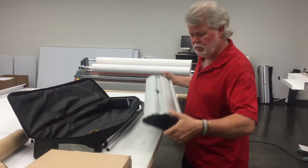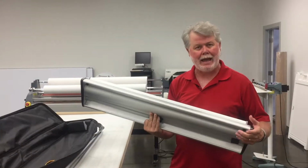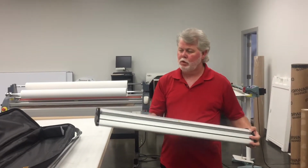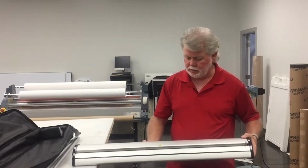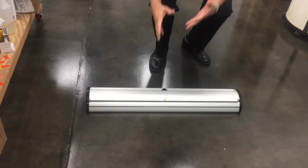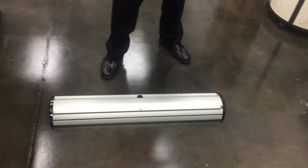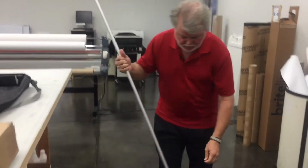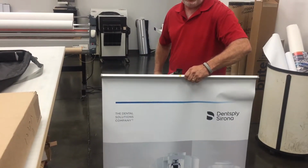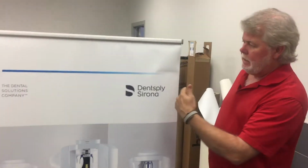So first of all, you'll see it's a pretty good design. We find this to last, right? So the mechanicals last. The other part about this is the interchangeability. So you don't buy these things just one time, and when they're done and used, they're used up. No. This particular one, we're able to take the graphic and we're able to print new graphics and install them